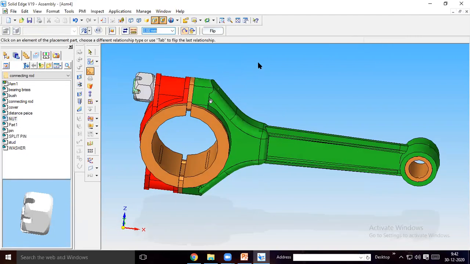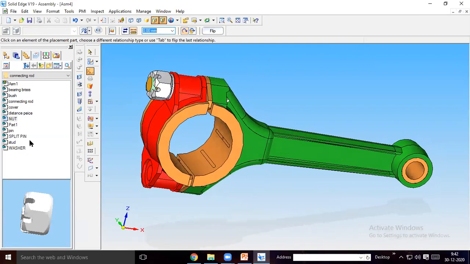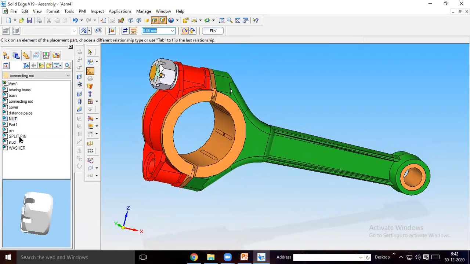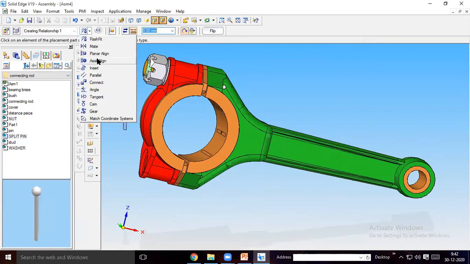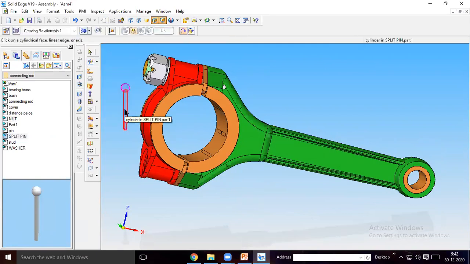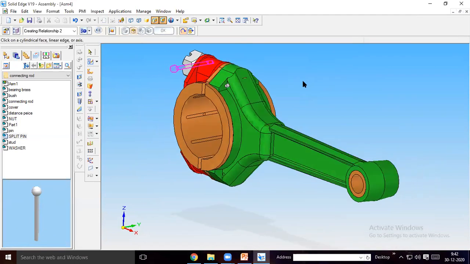After that, here you see there is a split pin. Select this split pin. Select this one and this one, axial alignment. Okay. So now rotate it slightly.